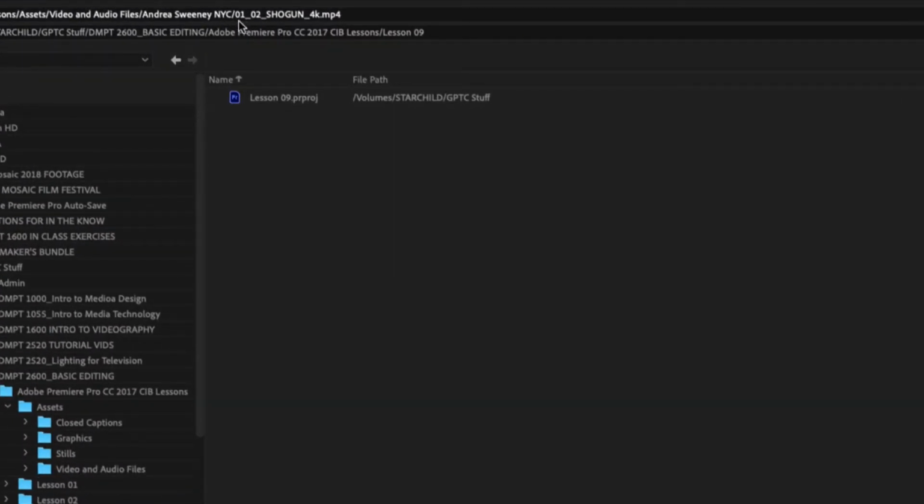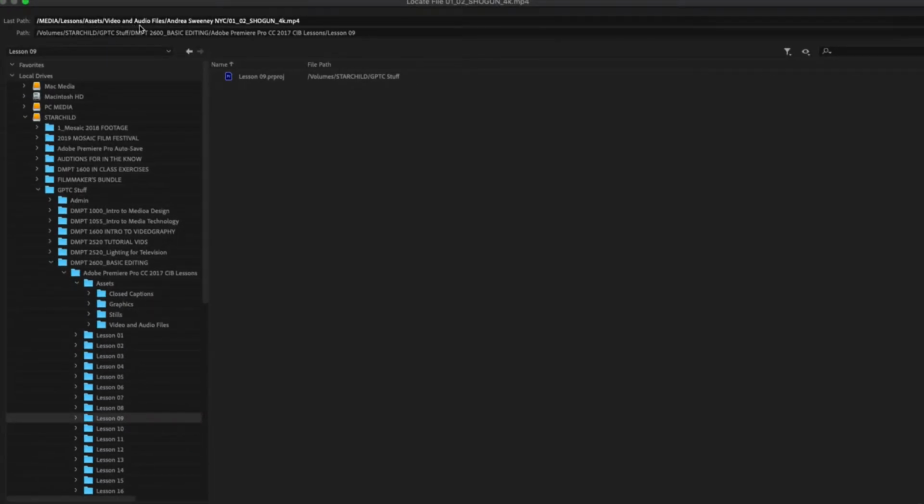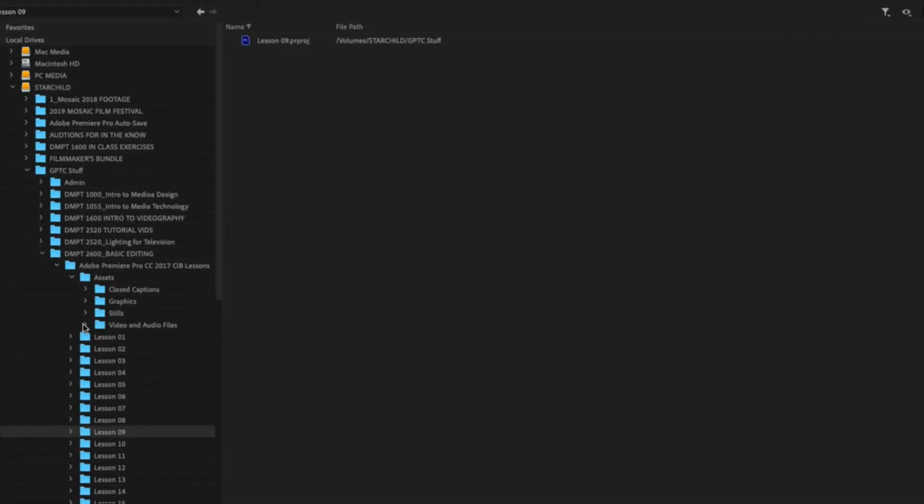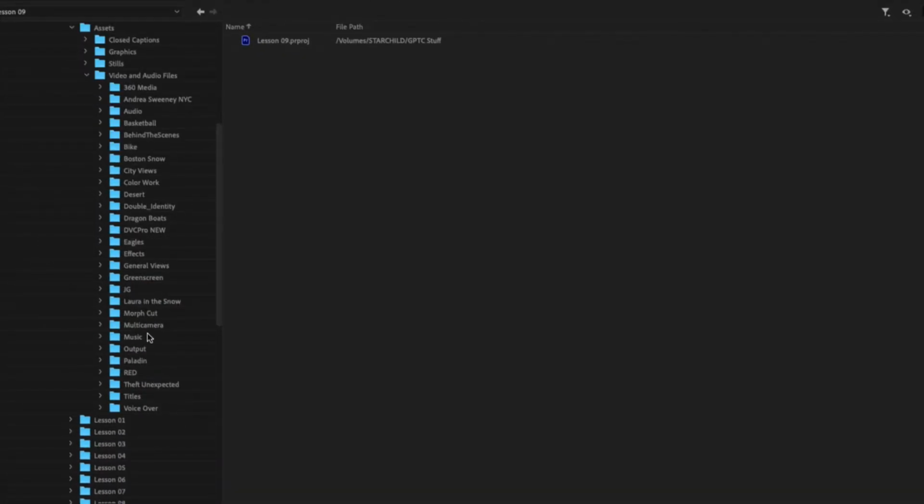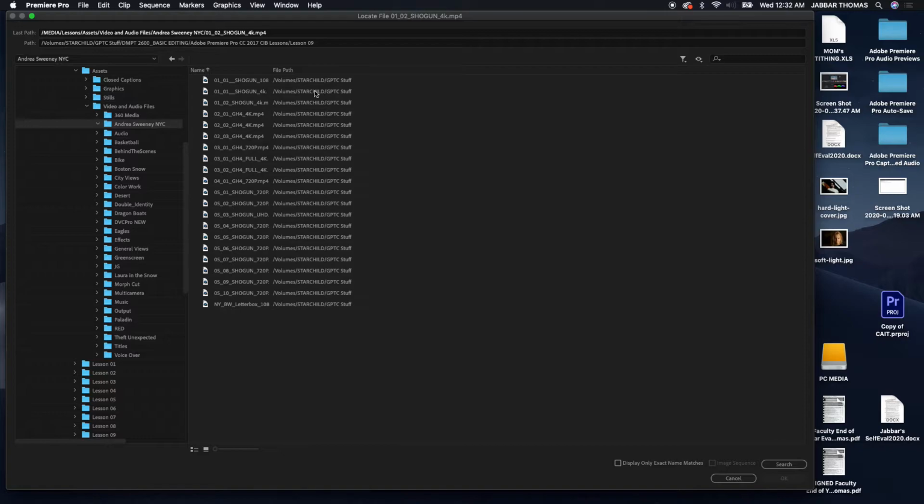I'm looking for the 0102 Shogun 4K file, and that is in the assets folder, in the video, audio, and audio files folder, in the Andrea Sweeney NYC folder. Okay, so let's go to the video, audio files. I'm just going to spin down the triangle there, and I'm going to go to the Andrea Sweeney NYC folder. I can click on it one time, okay, because that's the folder that my file is in. So I click on it when I find the folder, and then I'm looking for